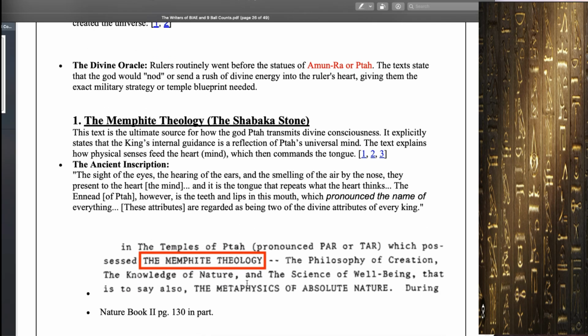All right. So here in the nature book, it says what? In the temples of Ptah, which possessed what? The Memphite theology, the philosophy of what? Creation, the knowledge of nature, and the science of well-being. That is to say, the metaphysics of absolute nature. So here,